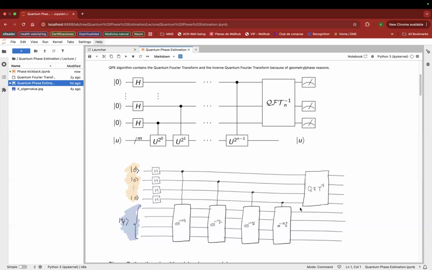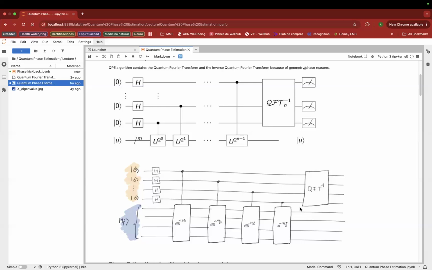But why is it not useful? Because the circuit is so deep, so very, very deep, that we are not able to execute it in current quantum computers, nor in the following 5, 10, 15 years of quantum computers. Why? Because this is a theoretical quantum algorithm. It's good that you know the basis, but it's not a practical one. Why? Because of the depth of the circuits. The main problem of theoretical quantum algorithms is that they are not practical.